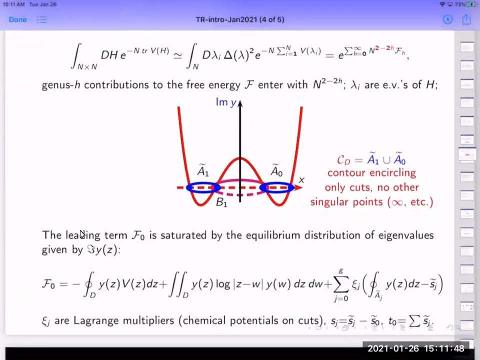So it's just given by this functional where y is already familiar to us, a function or differential that is determined by the equation of the spectral curve, and actually all subsequent